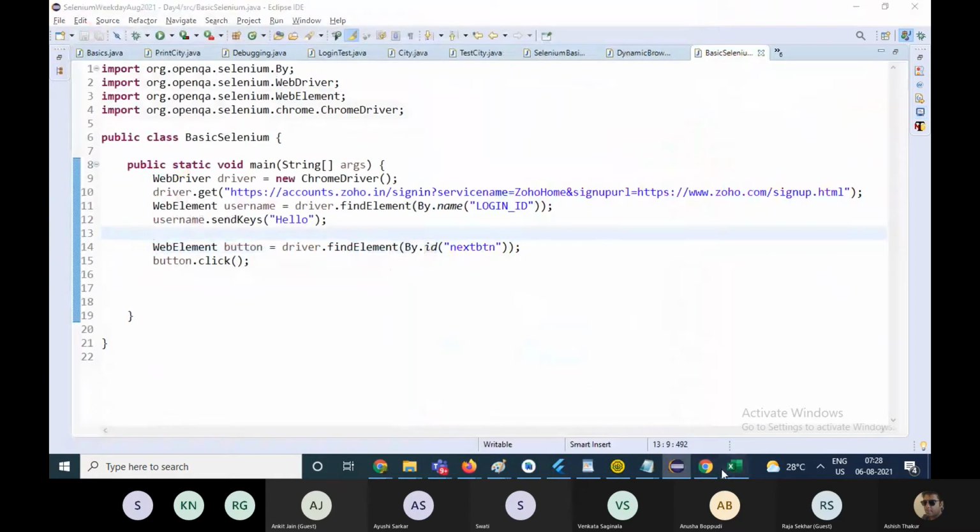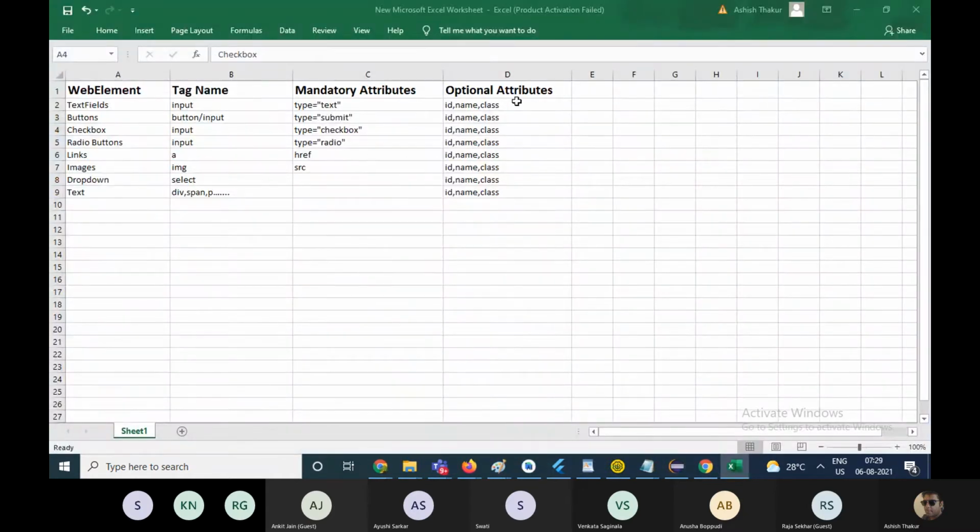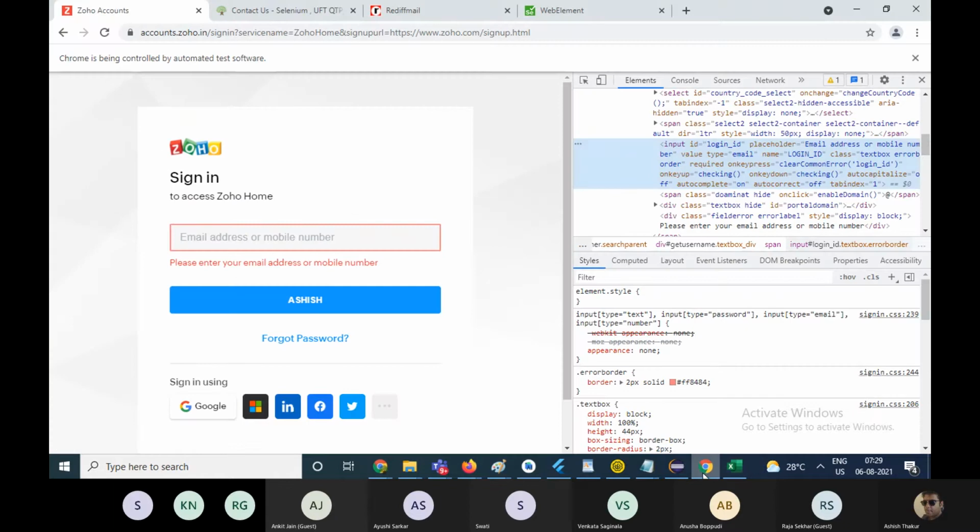However, sometimes, I told you the optional attributes, ID, name, class. An element has a class as well. Class is something which, with time you'll understand it's not unique for an element. Okay, if an element is having a class attribute, it doesn't mean that it should be unique.